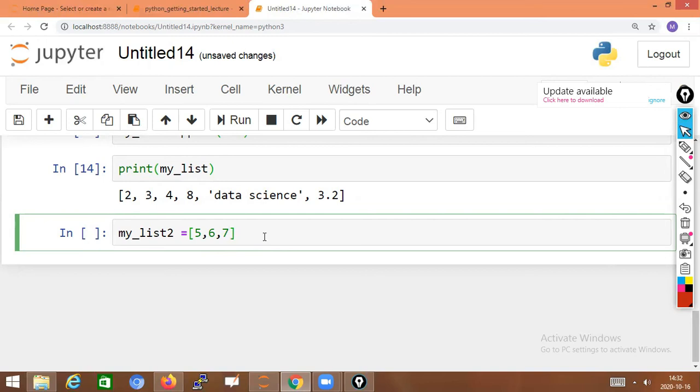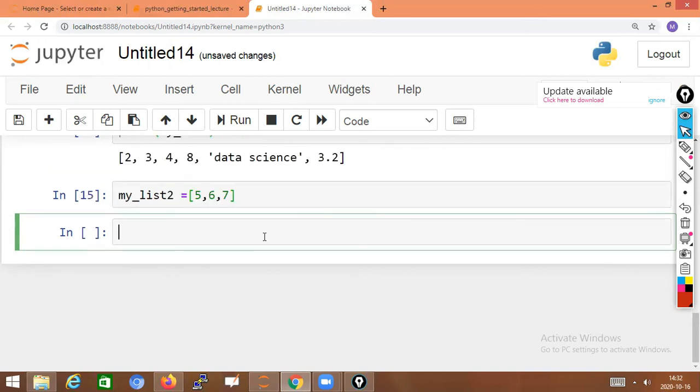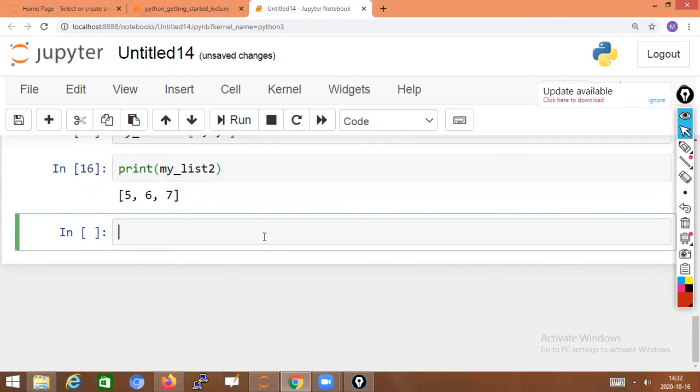Shift+Enter. So one list variable is created. We will check it. Print my list 2. Now Shift+Enter. So 5 6 7 will be there. I want to extend this list, that means I want to add another list to this list. Previously we added a single number.